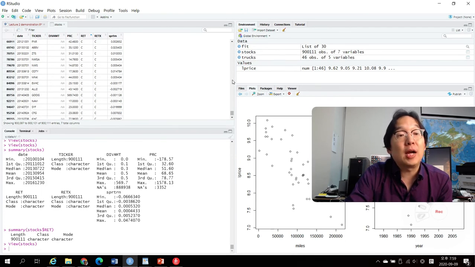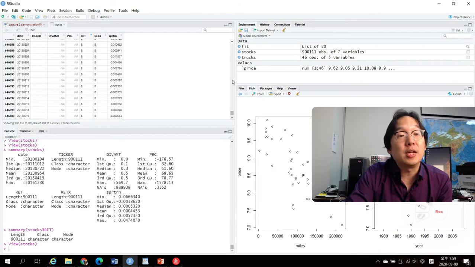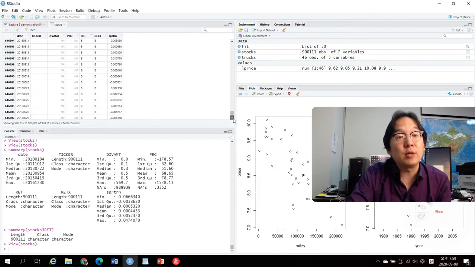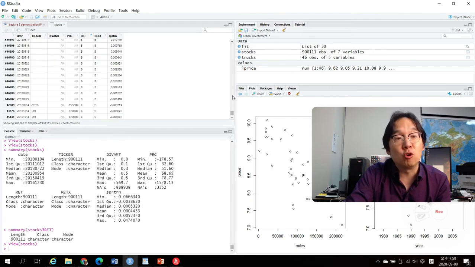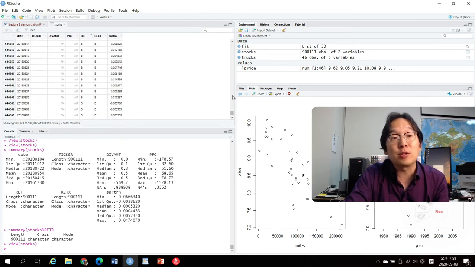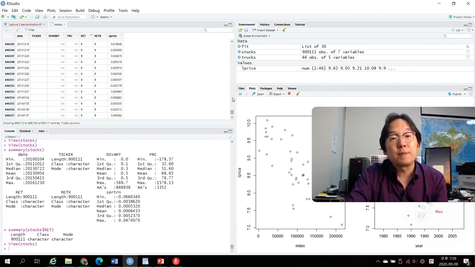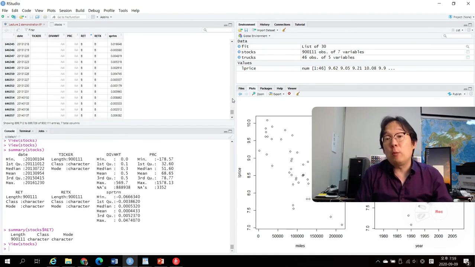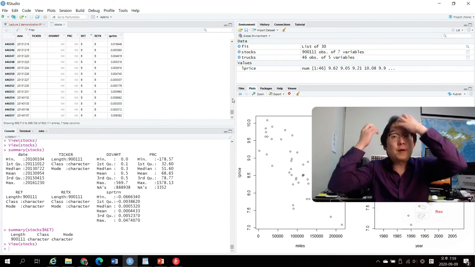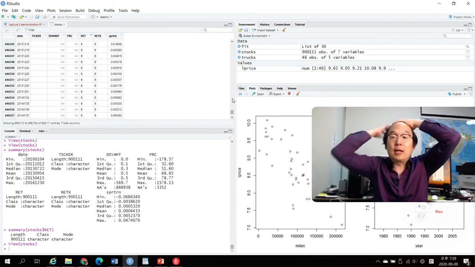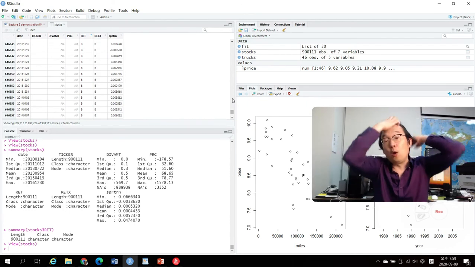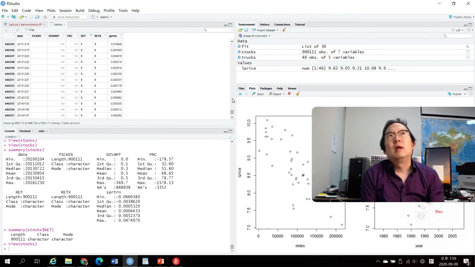Here is another kind of missing value for return, RET. You see B or C, okay? B or C comes from the CRSP data management rule. I don't memorize all these missing codes, but there are some cases, for example, when the company first launches in the stock market, the IPO. The first day return